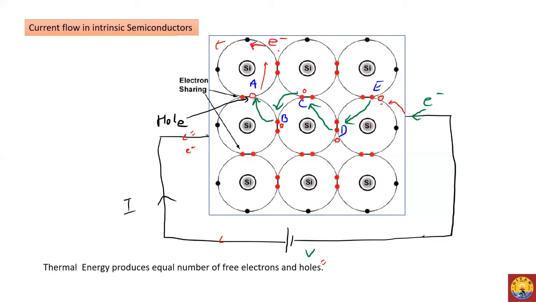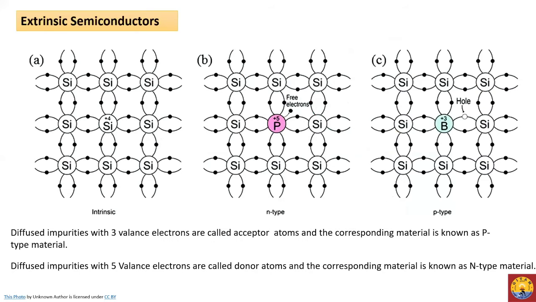We don't have any impurities in this particular case. Now we can move to a case called extrinsic semiconductor. We have already seen intrinsic semiconductors. Now we have a case where we have either an extra electron, the presence of free electrons, or a lack of electrons and a hole is formed. When you add pentavalent atoms, what are pentavalent atoms? Just now we discussed, they are atoms with 5 valence electrons.